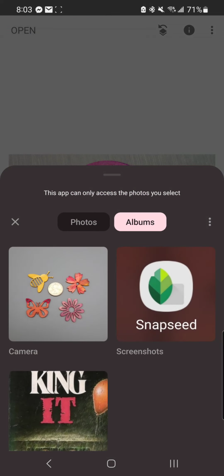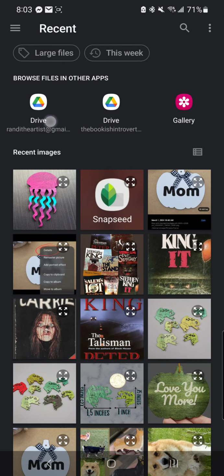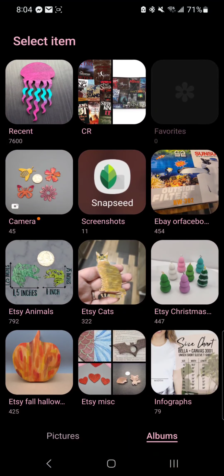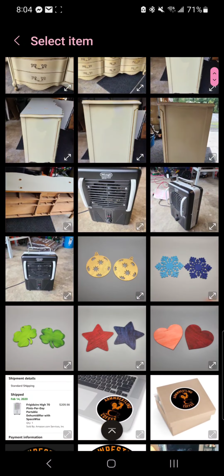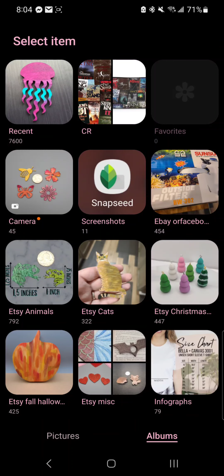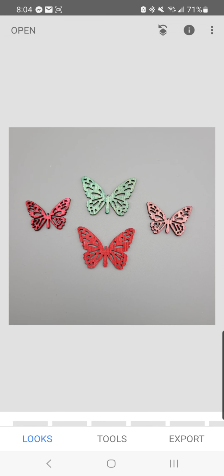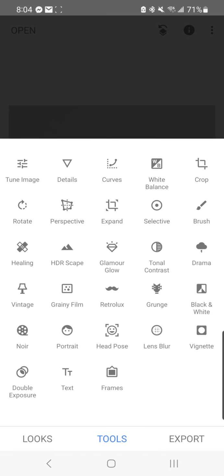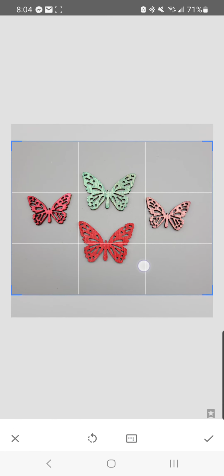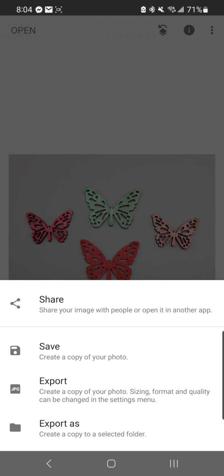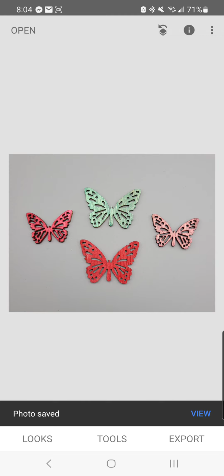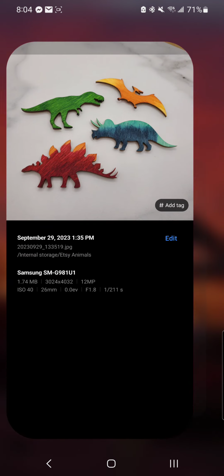You just click open, and then you just have to find them, and how you find them is going to be different depending on what type of phone you have, how you have your files organized. You might not have them organized at all, so you might just literally be scrolling through recent to find the photos. I made all these separate folders in mine, and so that's how I do it. And so I can go in and edit and crop and do all of that in Snapseed, and then once I get it to the size that I want, just export, save, and then it just saved it in there in that right size, and then I can just go back into my gallery